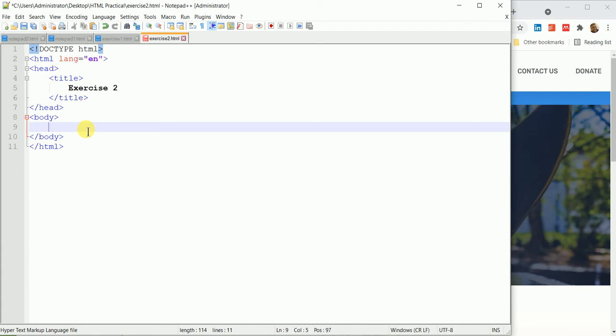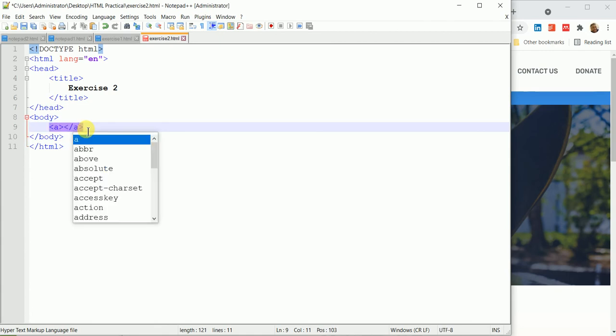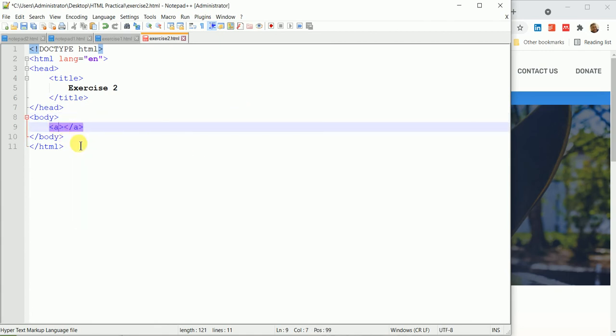So let us create the element, the anchor element. So this is your anchor element, your opening tag, and then your closing tag. So this is the anchor element. We are going to use the href attribute on this anchor element. So we are going to specify that on the opening tag. Just after the A, you give it a space, you type href,